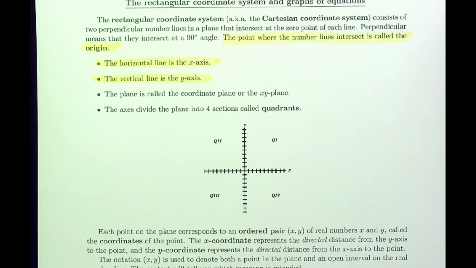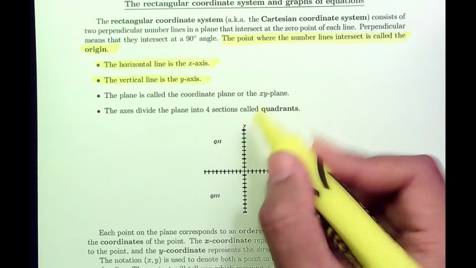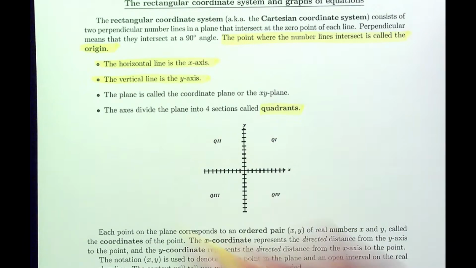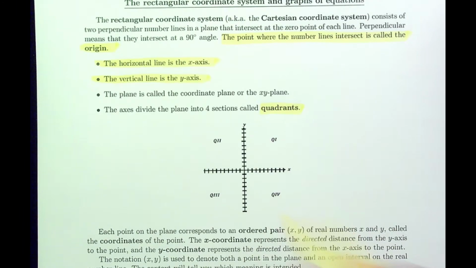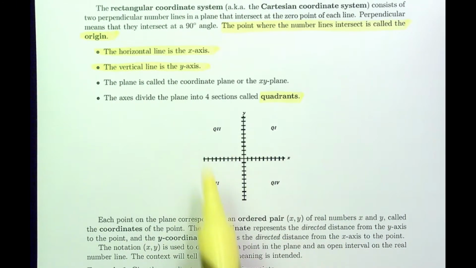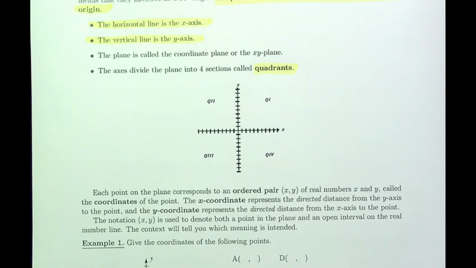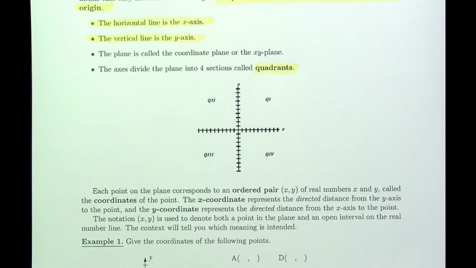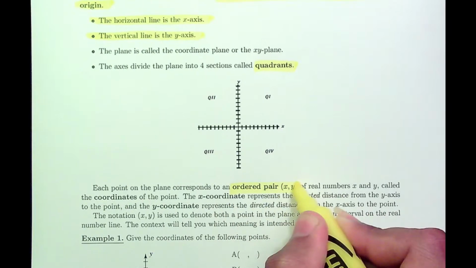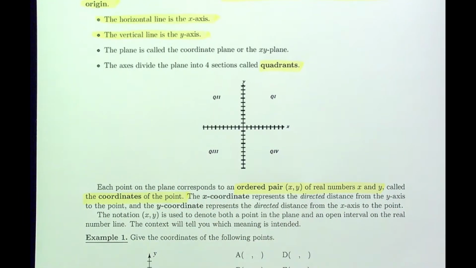The axes divide the plane into 4 sections called the quadrants, and we label them like this: counterclockwise, starting with this corner. So that's quadrant 1, quadrant 2, quadrant 3, and quadrant 4. And every point on the plane corresponds to an ordered pair, x, y, real numbers,